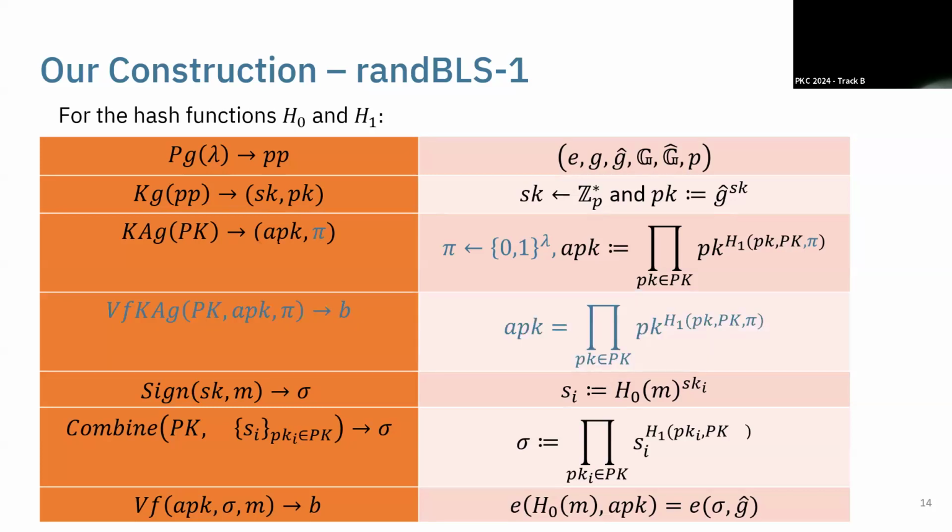And in the verified key aggregation algorithm, we can still perform the canonical check when we know the pi, because once we know the pi, it's deterministic again to run it. So we can just do it. And this proof pi value is an internal value for the group members to verify the correctness of the created key. This will stay as an internal value, so we will have the privacy feature we need